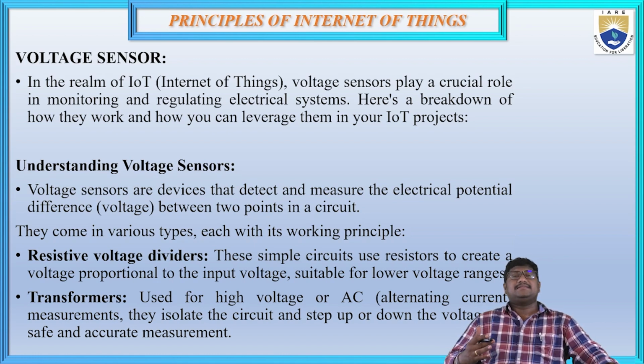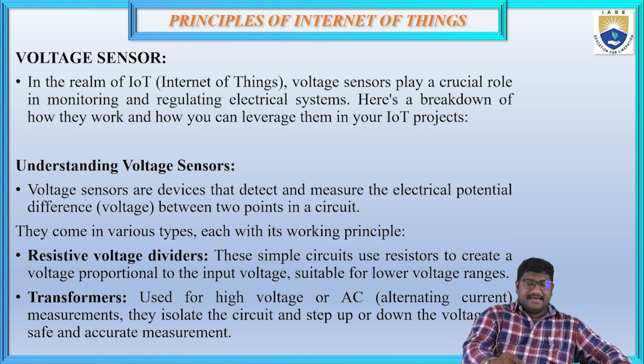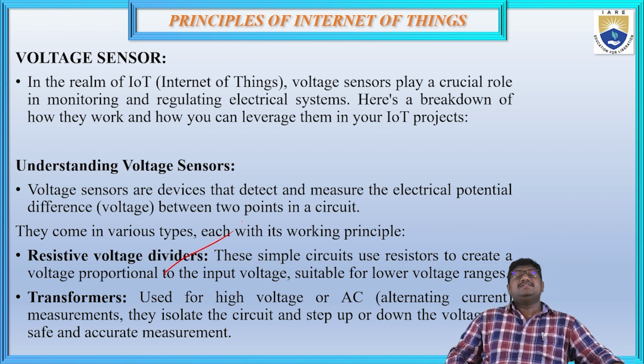These are the devices which are going to detect and measure the electrical potential difference between 2 points in a circuit. They come in various types, and each has its own working principle, such as resistive voltage dividers. That was the first thing. This is a simple circuit which uses resistors to create a voltage proportional to the input voltage,